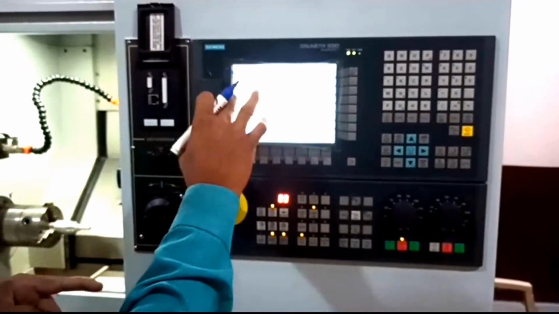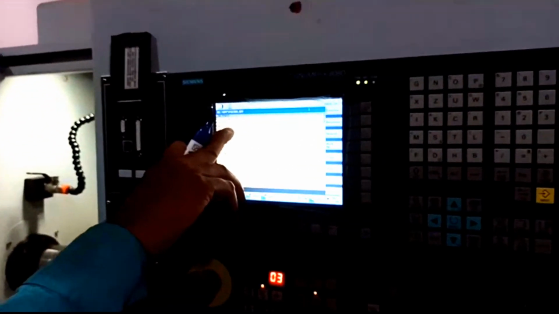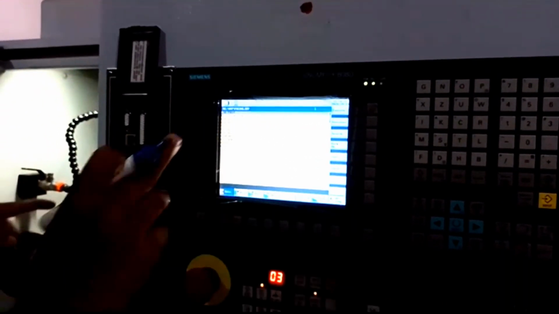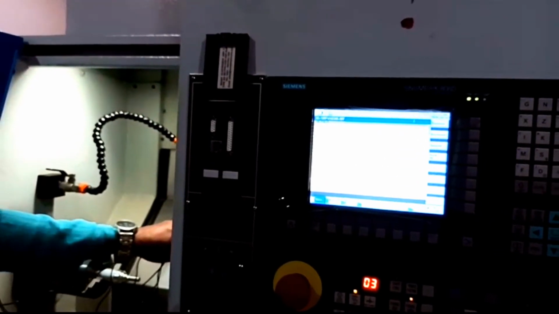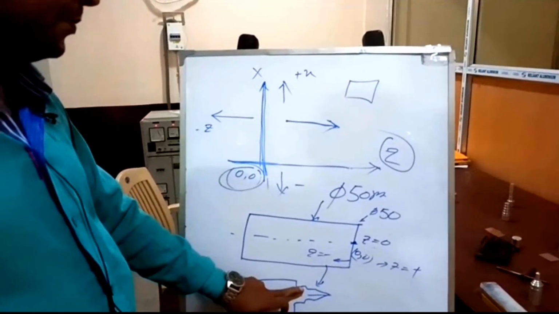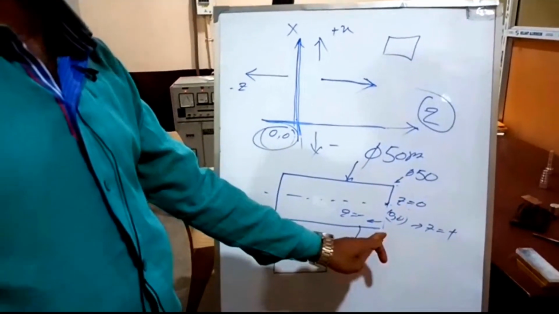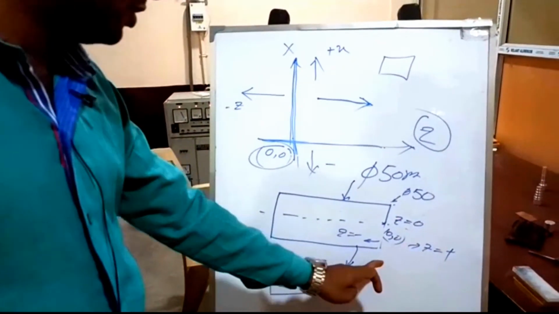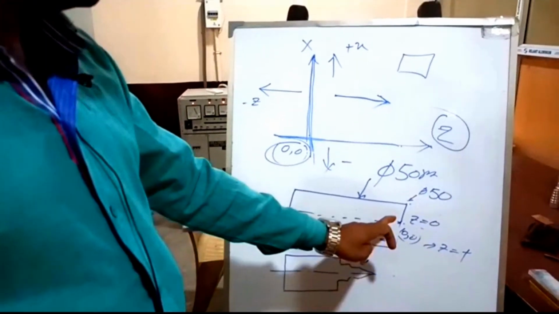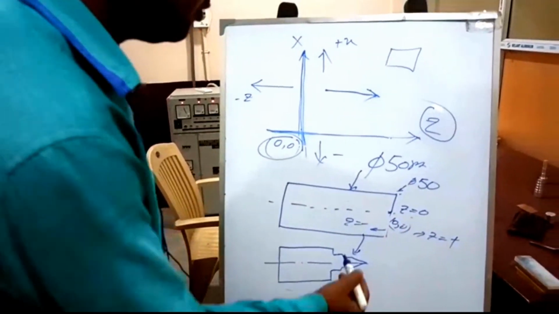And in the next line, the same G0 rapid positioning at X35, and the turret will move to X35. Okay, here we are going to the first step of this program. So first, we are going to face this surface, then we will cut the other parts. So here we are showing today the facing, and when you come to the college, then we will execute